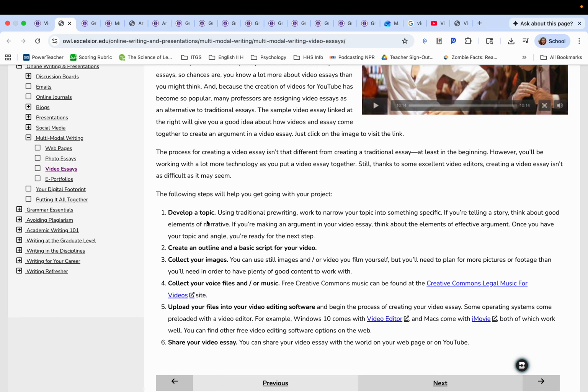You've developed your topic. You should know it pretty well by now because you've been researching it for weeks. You already have your basic outline. That's from your paper, your drafting, and then your final draft as well. And now you're going to go back through it and then script for your video. Now, I'm not asking for the script, and I don't want you to read your essay. That's not what this is about. This is hitting the highlights, keeping it under 2 to 3 minutes for your reader.